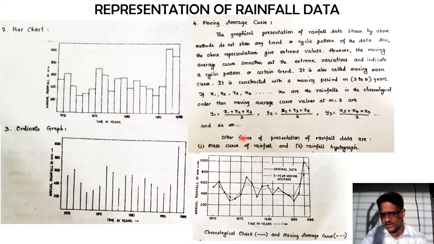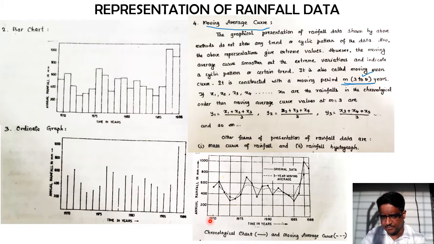Let me try to explain this to you. What they are trying to say is that the moving average curve can be made for a period of 3 or 5. Even numbers are not preferably considered here; odd numbers are preferred, so 3 to 5 will be used. If I concentrate on this particular portion, you can check that this dotted line is nothing but the 3-year moving average curve.